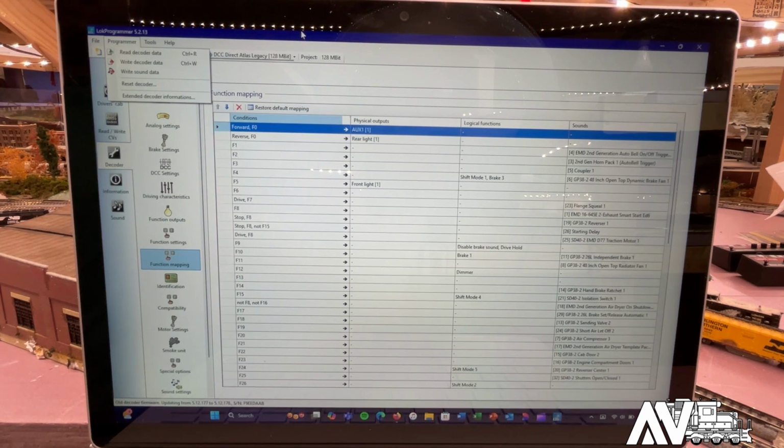So, once again, very important when you copy from item to item, make sure you are copying correctly. And honestly, unless you're going from a Scale Trains to a Scale Trains or an Atlas to an Atlas, and even Atlas to Atlas, I scanned and read multiple Atlas models, and they were not all the same. So my recommendation is before you go in and make any modifications,